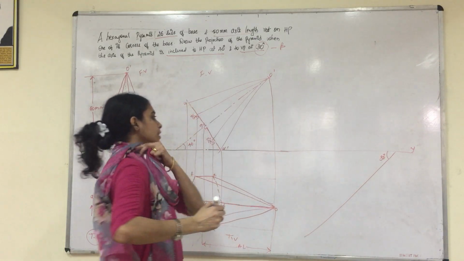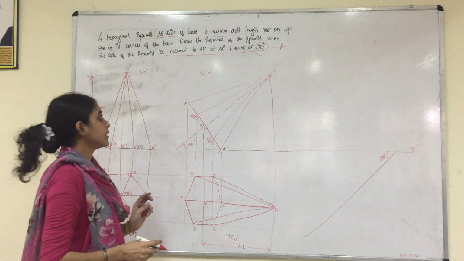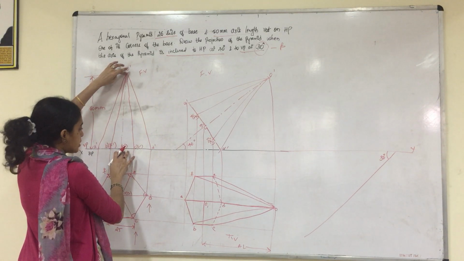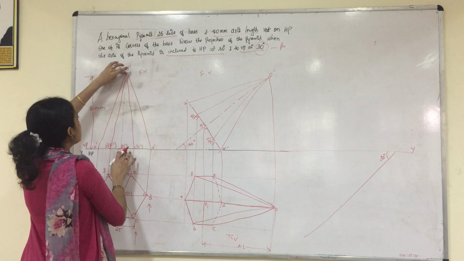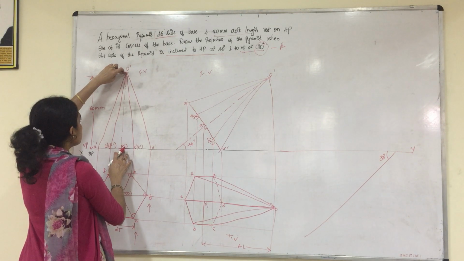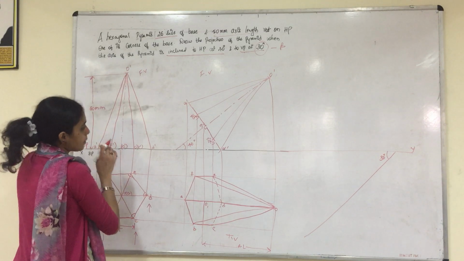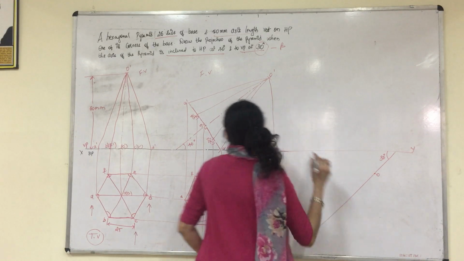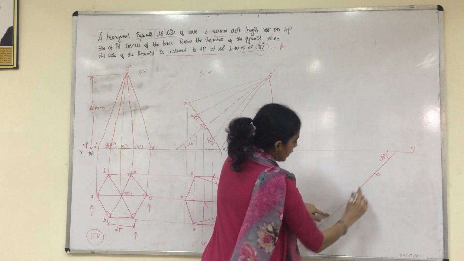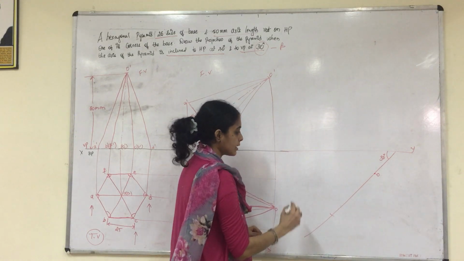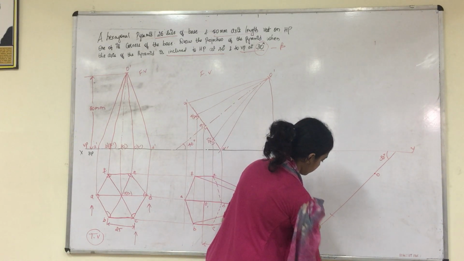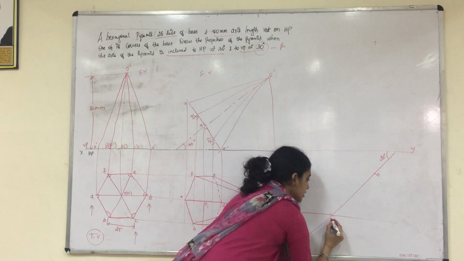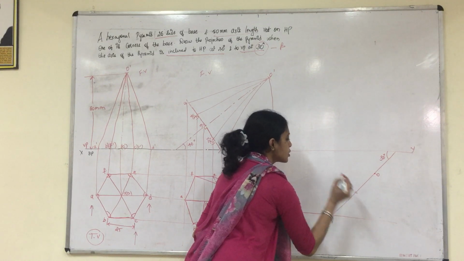Okay, so after taking the 30 degree line, since it is apparent angle determination, first we have to measure the true length from the first stage. So you measure the true length from the first stage of the front view, from O1 dash to O dash. What is the distance? 50 mm. So fix a particular point. Let this be O. Then you measure 50 mm and you just cut an arc on the 30 degree line. So where it cuts, you just draw the locus. So this is our O1. So this is the true length.